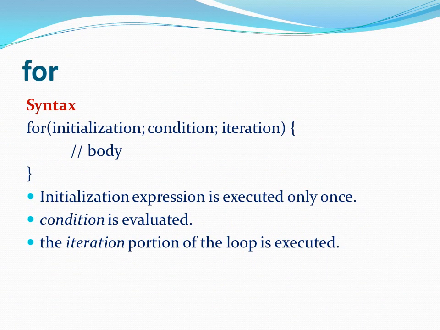Next one is the for loop. Here inside the for loop, first we initialize the value and then we check the condition, and last is the iteration part, that is how many times the loop will execute. So for example,